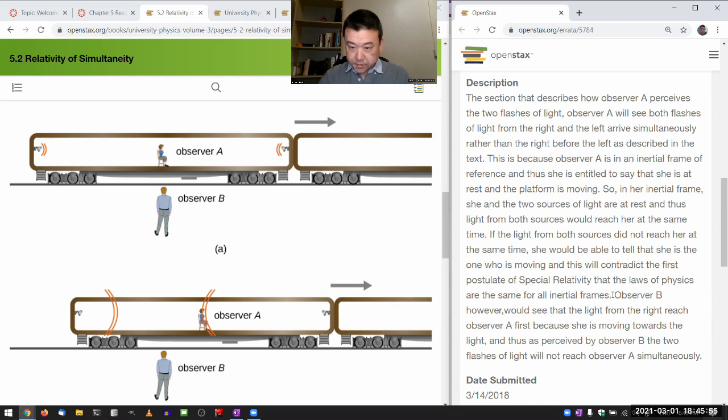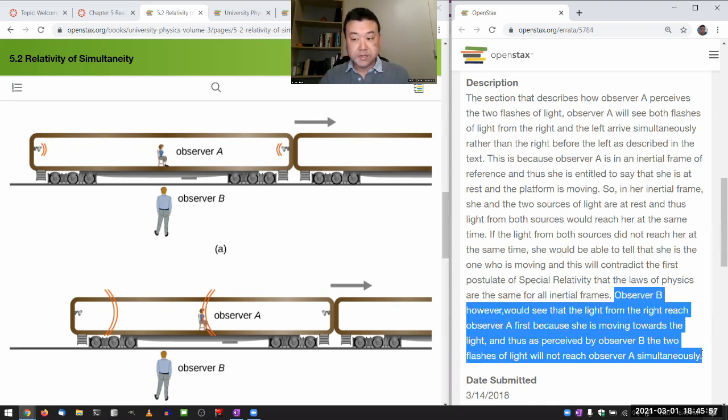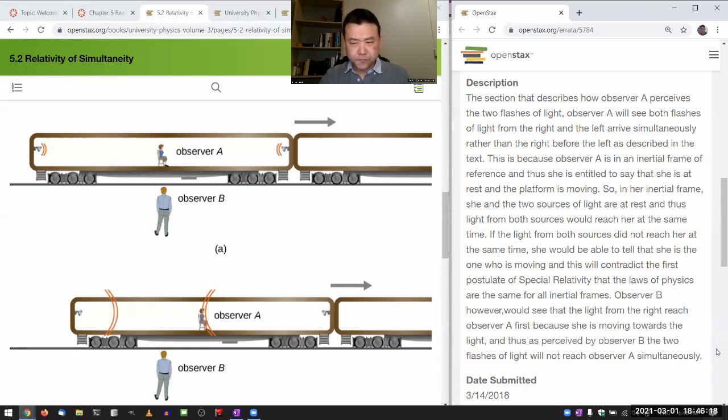So this second part is just contradictory to the first part. If observer A sees these two lights at the same time, then observer B should also observe that these two flashes of light arrive at observer A at the same time. So, ignoring that second half, which is kind of easy to disprove based on logic alone,